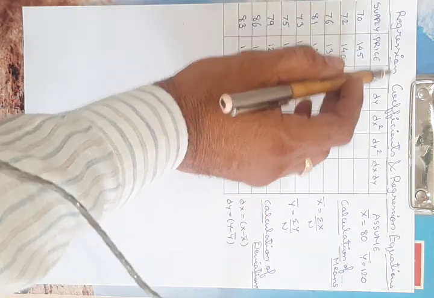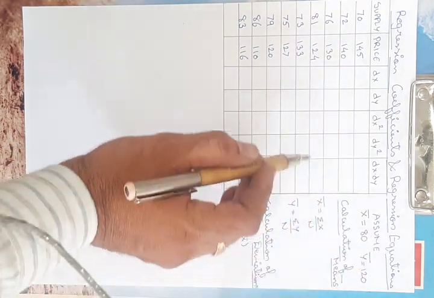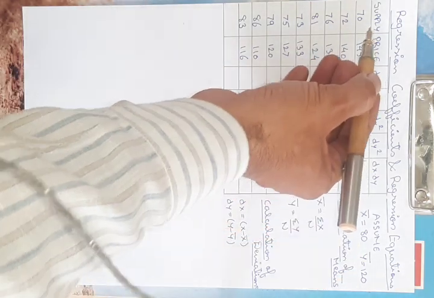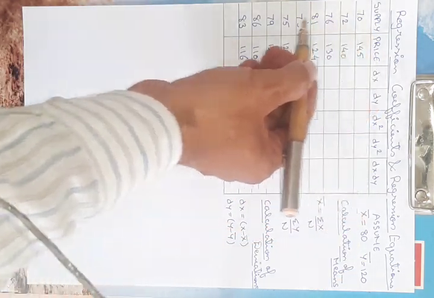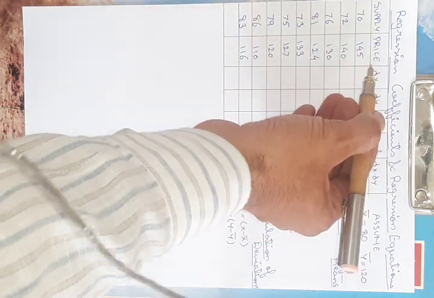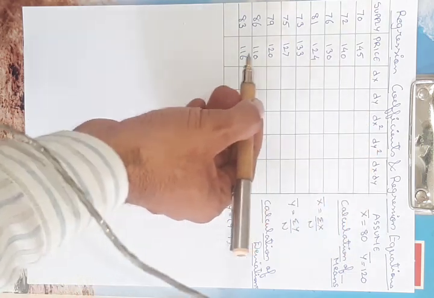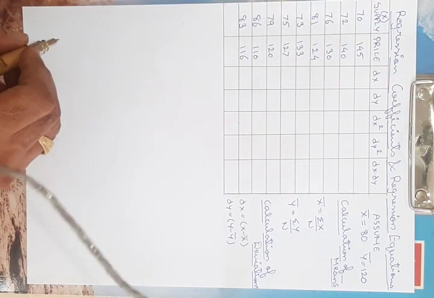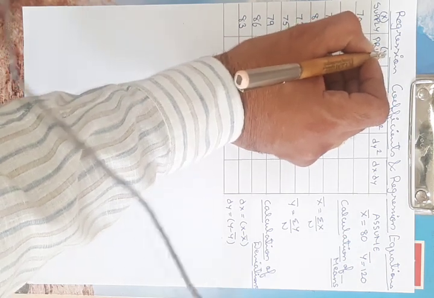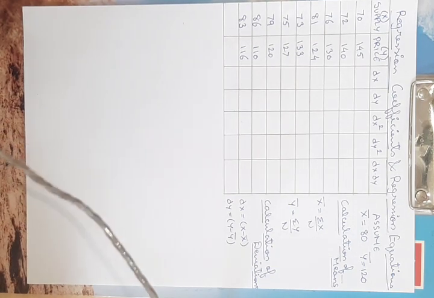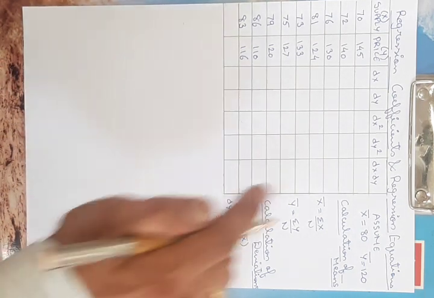Today we are going to see how to calculate the regression coefficient as well as regression line equations when assumed means are given. There are two series given. The first series is the series of supply. The values of supply of some quantity are given, as well as the values of price of those quantities. Let us assume that supply is a variable termed capital X, and price is another variable termed capital Y. We need to calculate the regression coefficient as well as the regression equations.